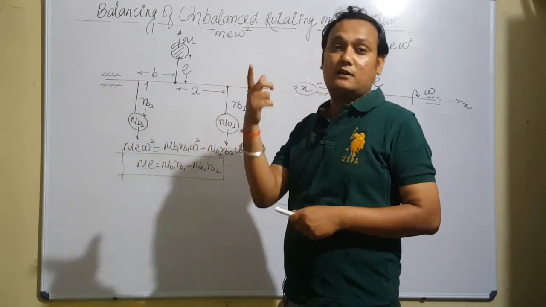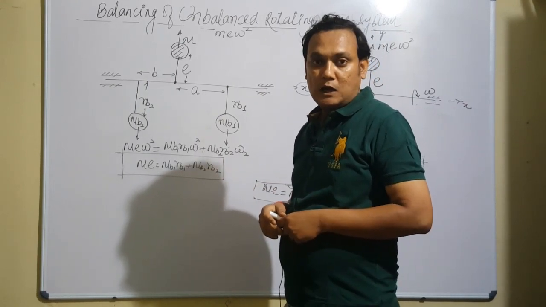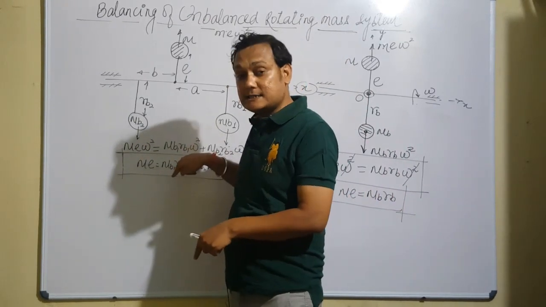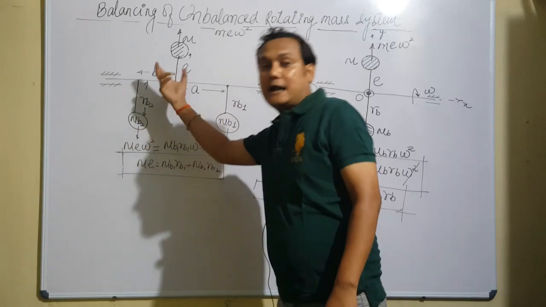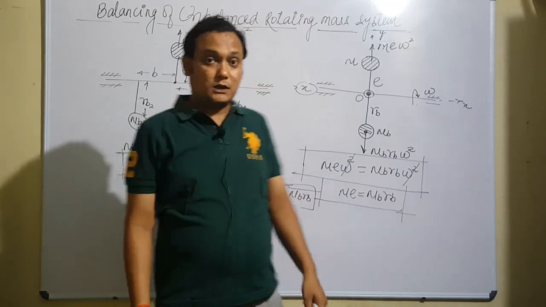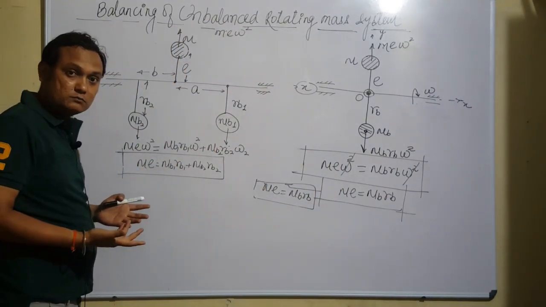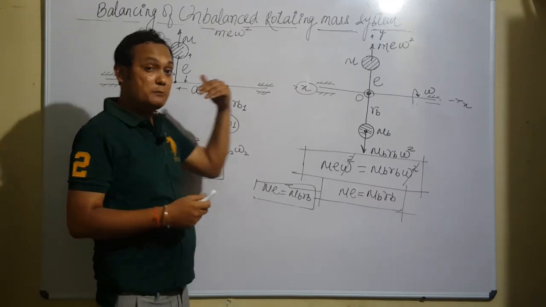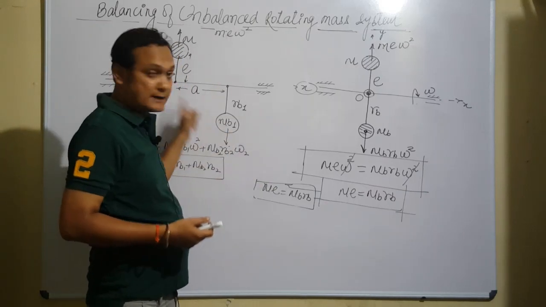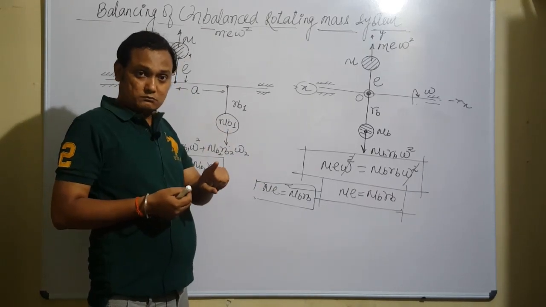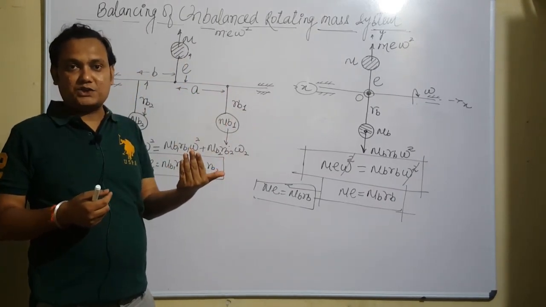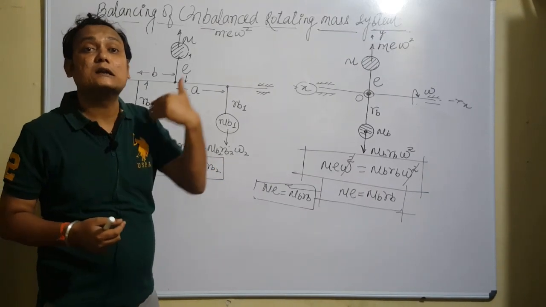The story is not coming around again and again. Once you are balancing the centrifugal forces, ultimately you get a result which indicates that the center of mass has been pulled back to the axis of rotation. But will it be sufficient? The next condition is that there should not be any moment. We have seen an unbalanced moment was coming. So to ensure that no unbalanced moment comes into the picture, we need to ensure one more condition.